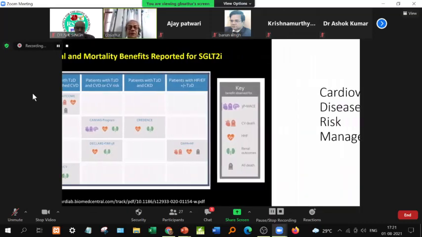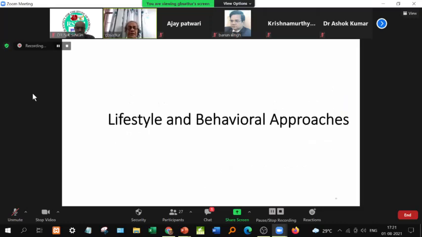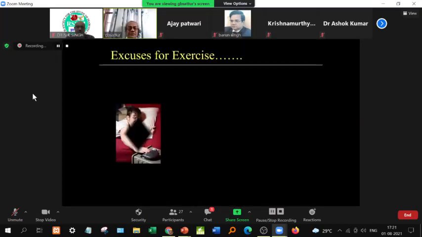They have already been dealt with. And we know that we have to update ourselves, because if we think of the REDUCE-IT trial, there you can see that icosapent ethyl, 4 grams, has been suggested, which showed a definite reduction of around 30% in myocardial infarction. The idea of putting this slide is, it is not just the therapeutic inertia of the blood glucose. You have got to think of dyslipidemia and manage it. And of course, we know that lifestyle behavior and exercise are extremely important.